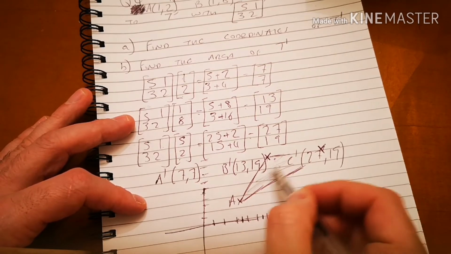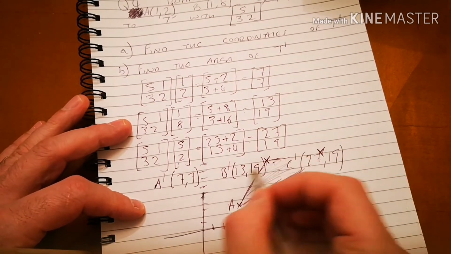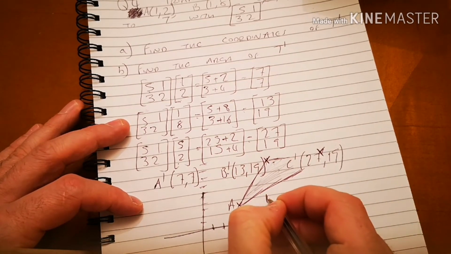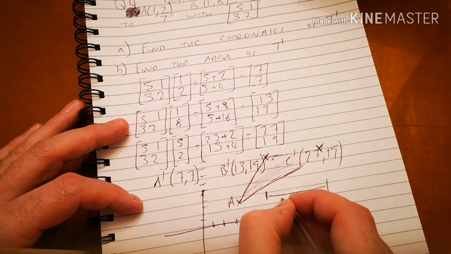So I need to find the area of this. Now, because this is a straight line, this is nice. I can work out the length of this straight line, because this is actually B and that's actually C. So if I start off at 13, I go all the way up to 27. I'm looking for the difference, which is